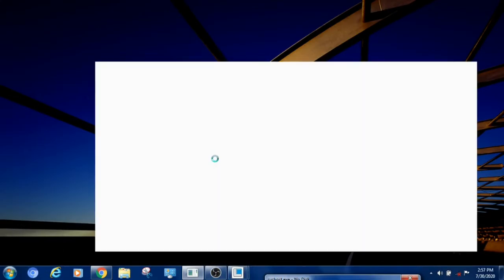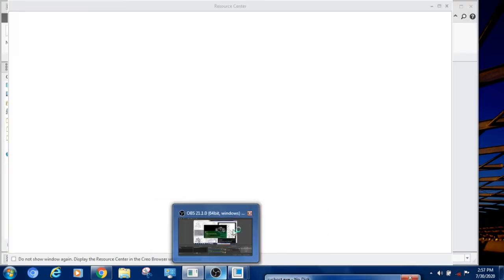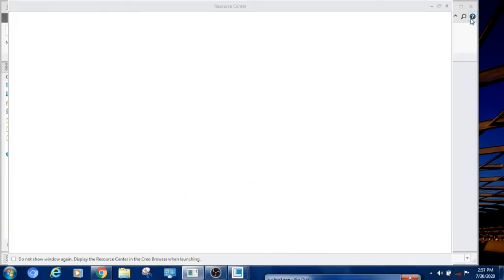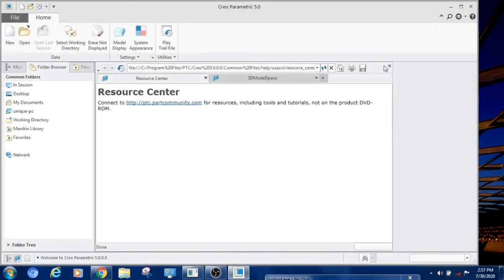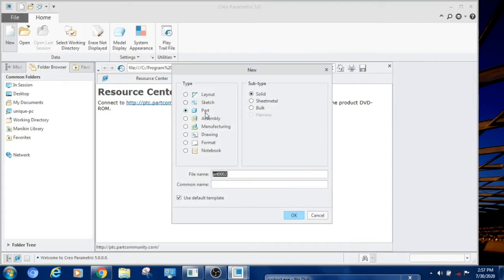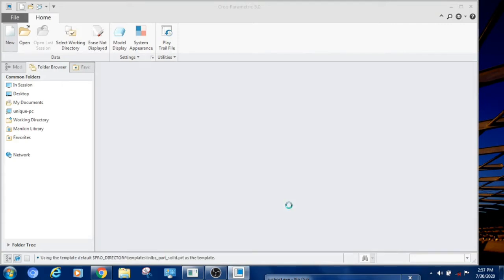In the last video I said that first we have to set the dimensions. You have to select the units. Now first we will select New. Next we have to select Part and press the OK button.